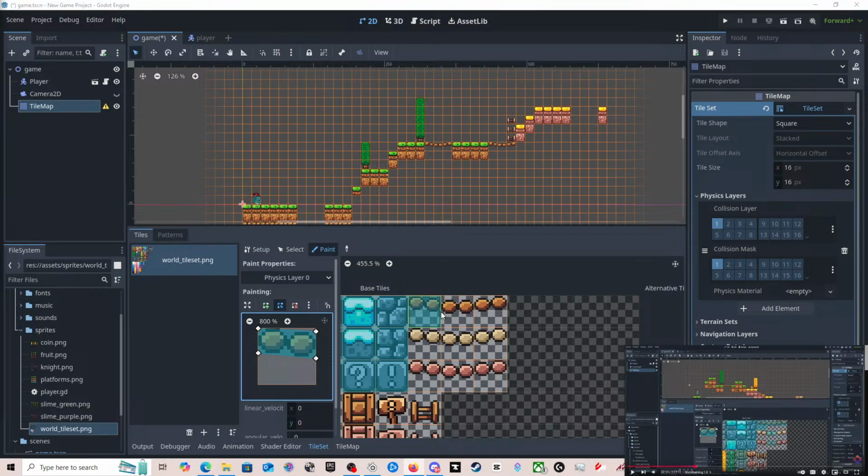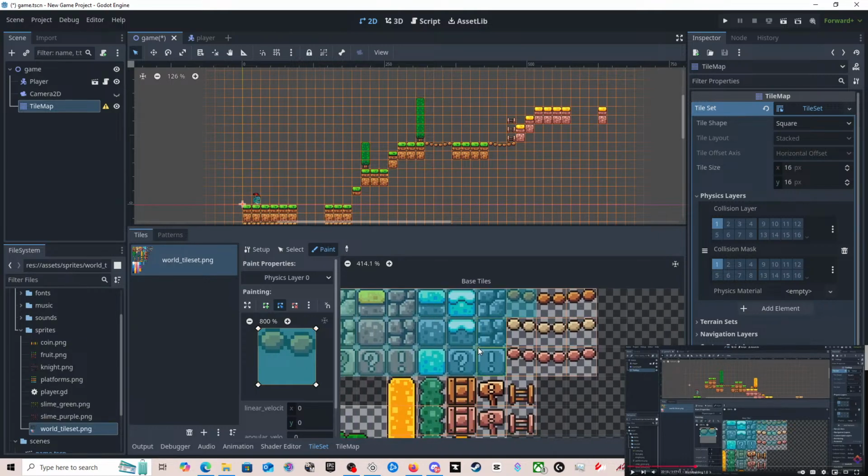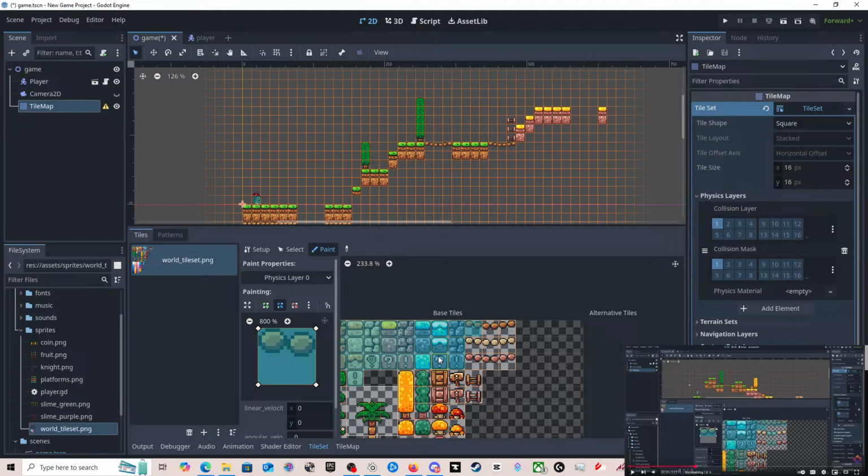Oh, wait, no way. Ah, I thought so. It's lucky I checked that. So what I need to remember is I can't have everything highlighted. If I have everything highlighted, then I'm screwed, basically. Very, very dangerous stuff. So is that going to change everything? It only changes it if I click on it. Okay, cool. Right, so that's fine.